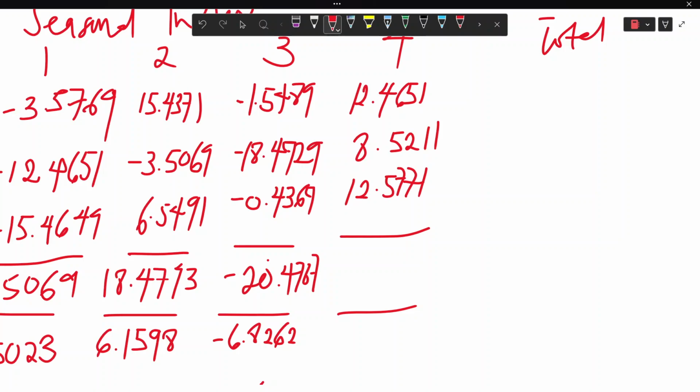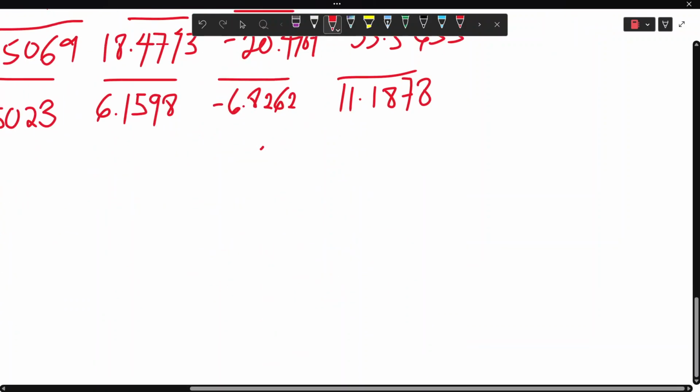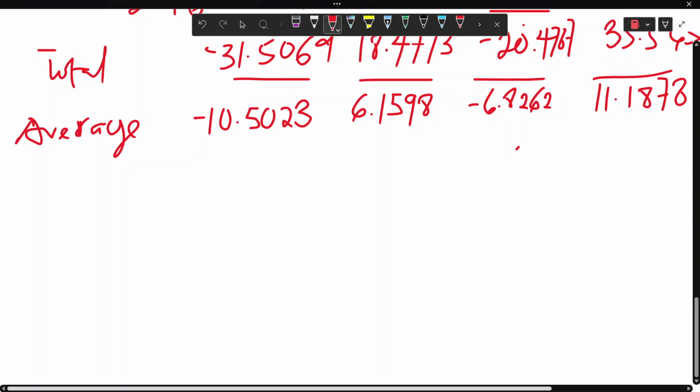That is 12.4651, 8.5221 and 12.5771, giving us a total of 33.5633. Then an average of 11.1878. So when you're done finding the average, the next thing we have to do is to find the summation